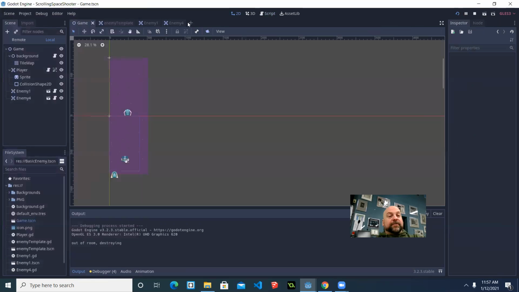So by creating a template, we have created some code that exists and we can inherit from, and that should cut down on the amount of time it takes us to implement each enemy. So that's going to end